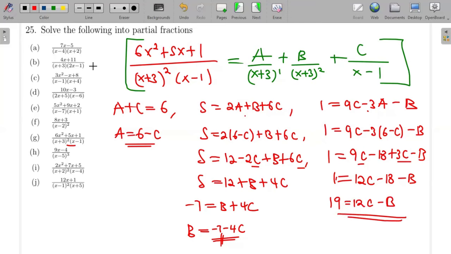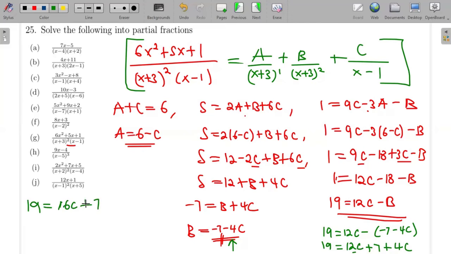Okay, I have this equation. Now we've said here that B is equal to this. So this will be 19 is equal to 12C minus, this B is minus 7 minus 4C. So I have 19 is equal to 12C plus 7 plus 4C. Let's add the 12C plus the 4C. I get 19 is equal to 16C plus 7, right? So meaning that I have 16C is equal to